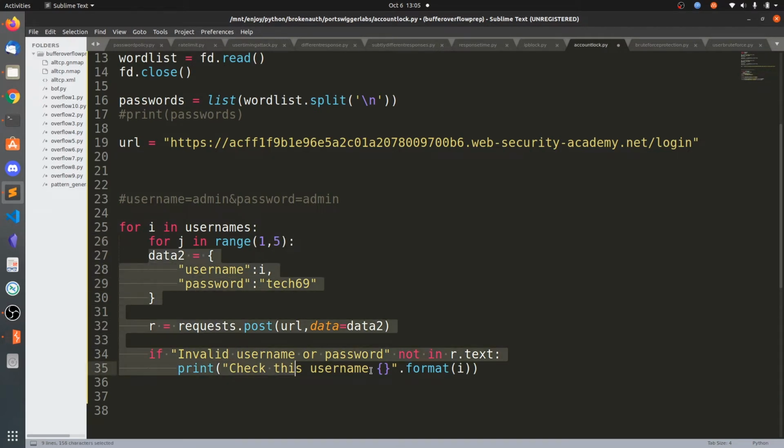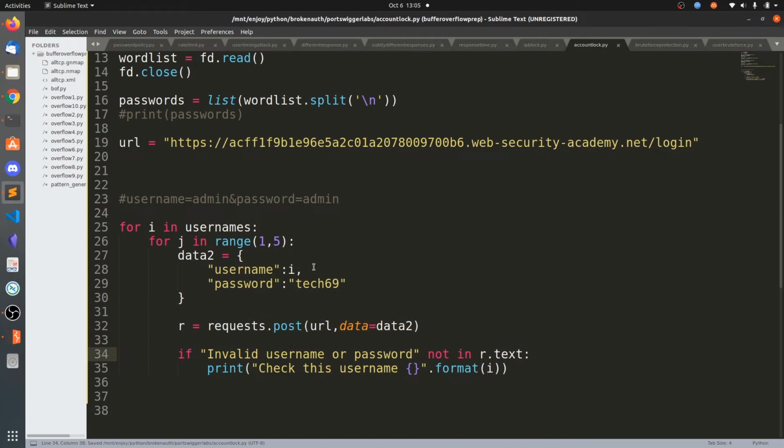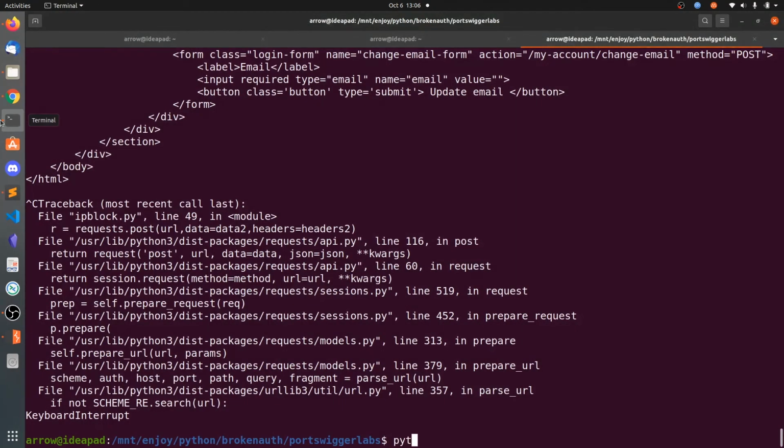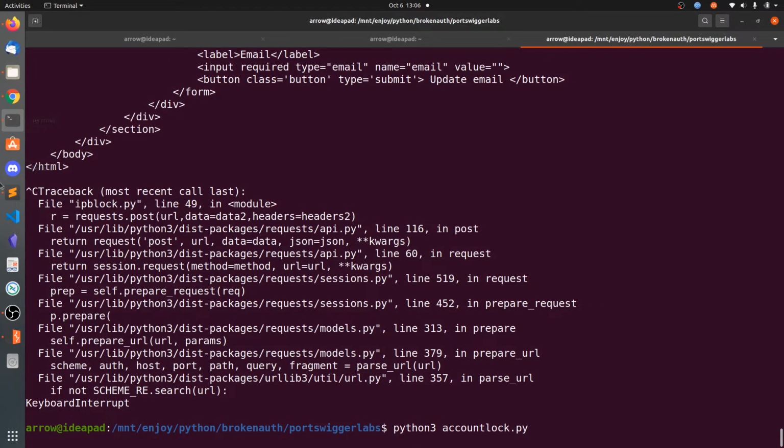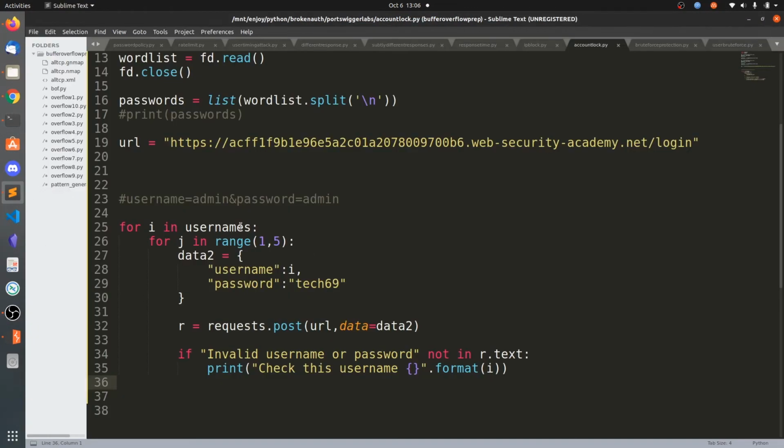So for every username we are going to send multiple requests to make sure that the web server locks our username, and if the particular existing username got locked out, we will not see this response. So by this message we are going to filter the usernames. You can also increase this range.